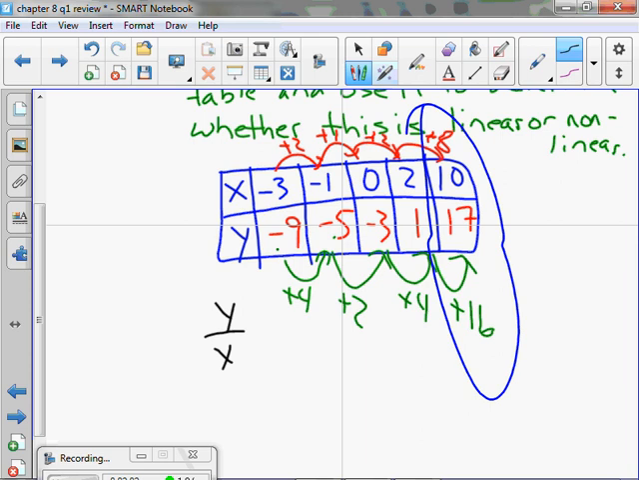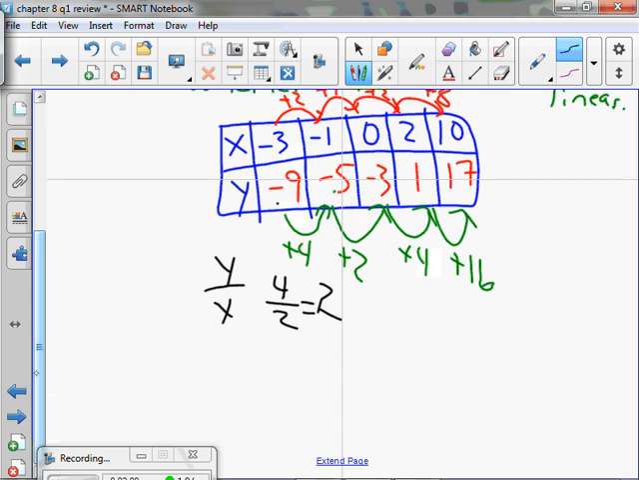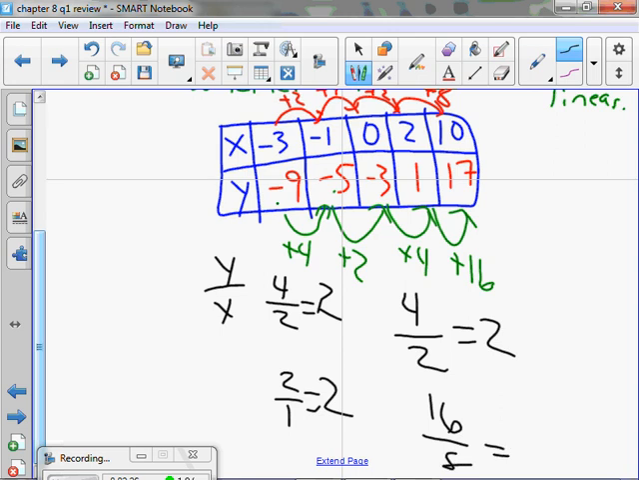So for the first one, it's 4 over 2 equals 2. For the next rate of change, it is 2 divided by 1 equals 2. For the following one, it is 4 divided by 2 equals 2. And the final one, 16 divided by 8, what do you know? That also equals 2. So if I see that all 4 of these have the same rate of change, I can conclude this is linear